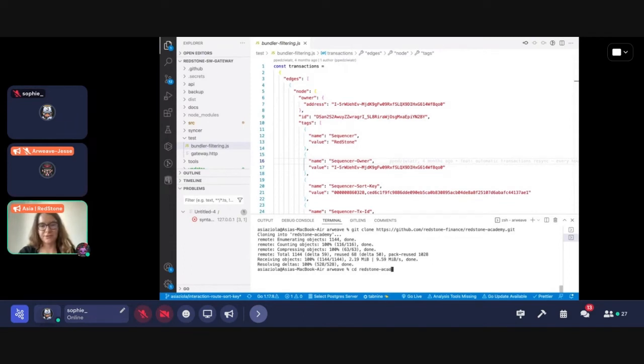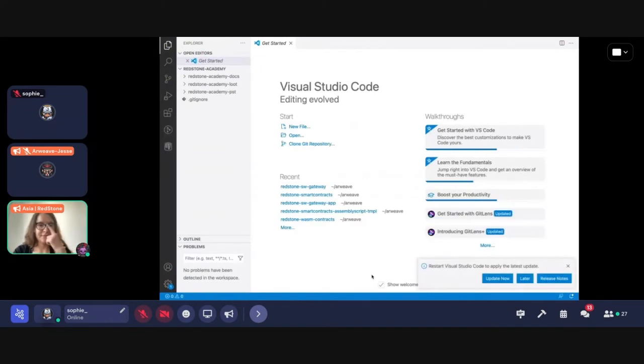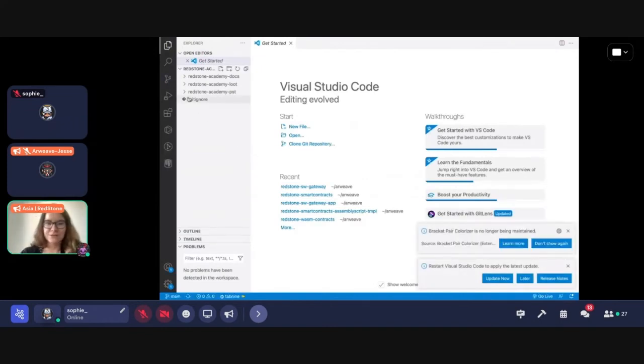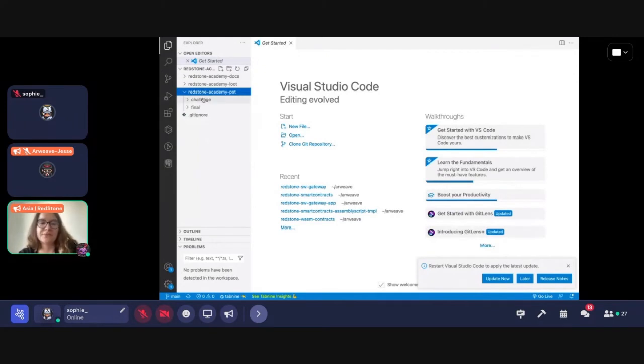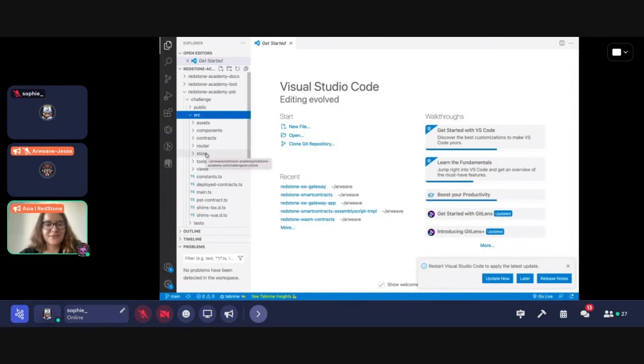Let's head to the folder. And as you can see, you have two tutorials in here. You have two repositories. One is for Loot, the other one is for PSC, and you have two folders inside. So you have the challenge one and the final one. The challenge means that you will need to write all the code, maybe not all the code, but some part of the code